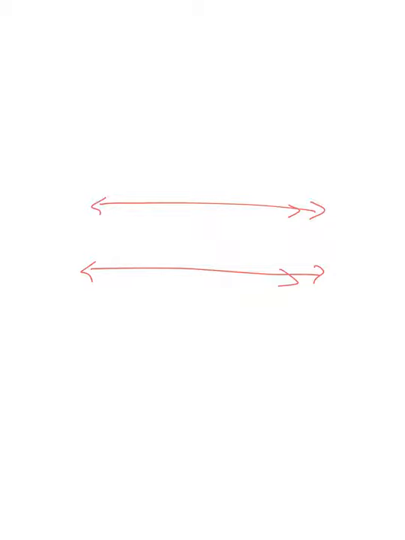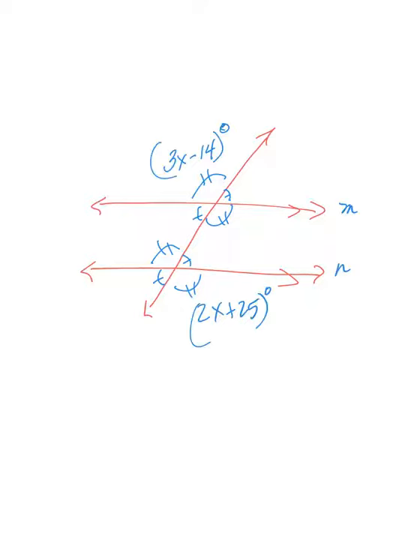So I've got a transversal here hitting these two parallel lines, and the first thing I'm going to do is put in my tick marks. I'm going to put in my ones for the smaller one because it's just easier to fit one tick mark in there, and then I'm going to put 2 here. So let's say I have... the only thing I want you to do is decide if they're equal or they add up to 180,